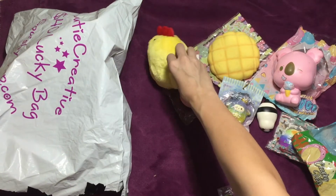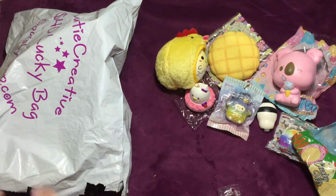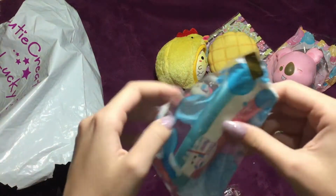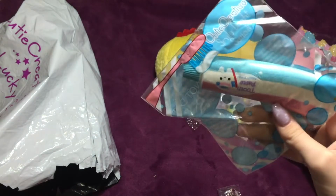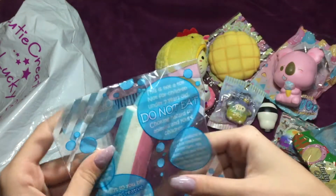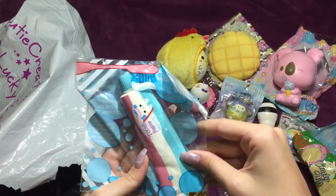Yeah, that's me doing a chicken. Let's do another one. Where did they take this one from? Isn't this very old? I think it's very, very old. I mean, 2 years old. I don't know. It's a Cutiecreative